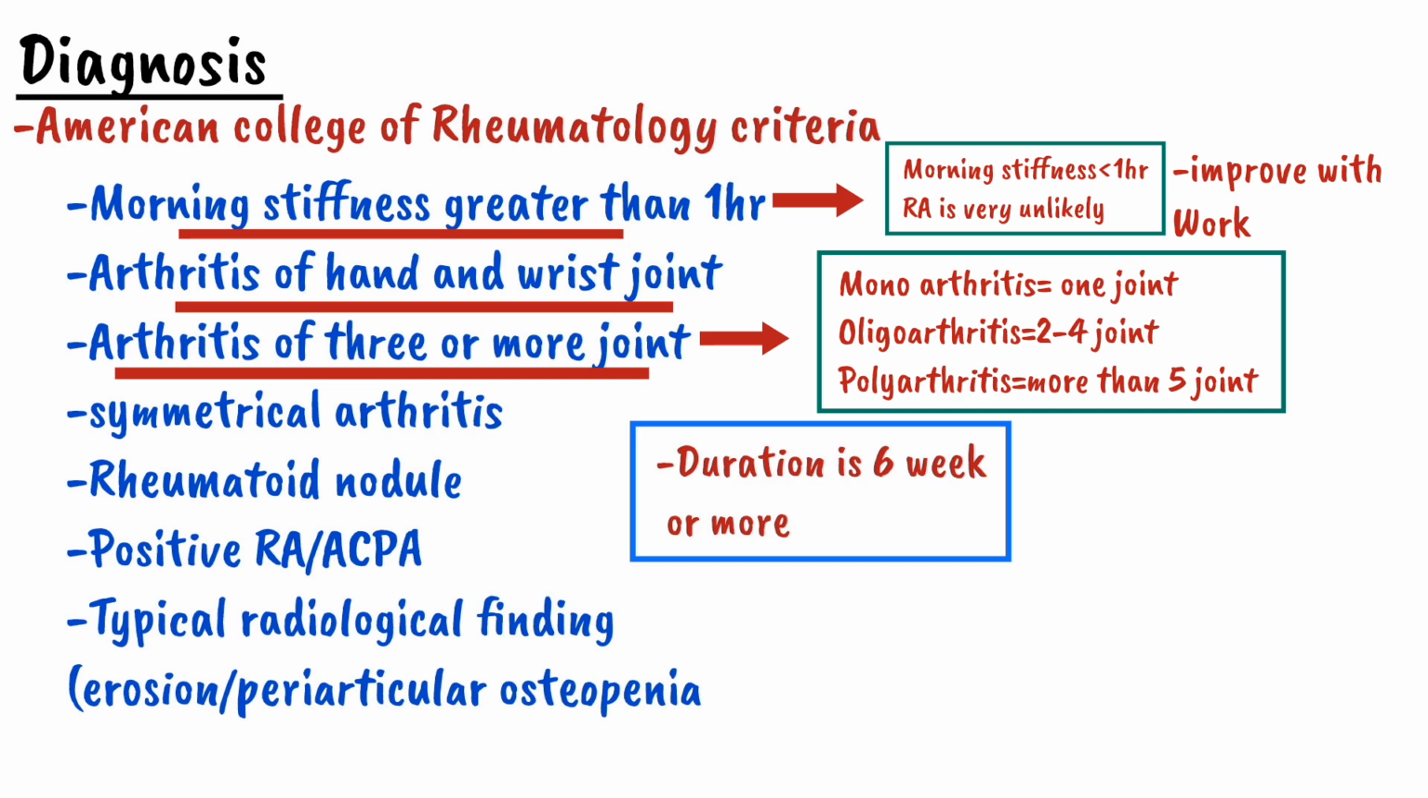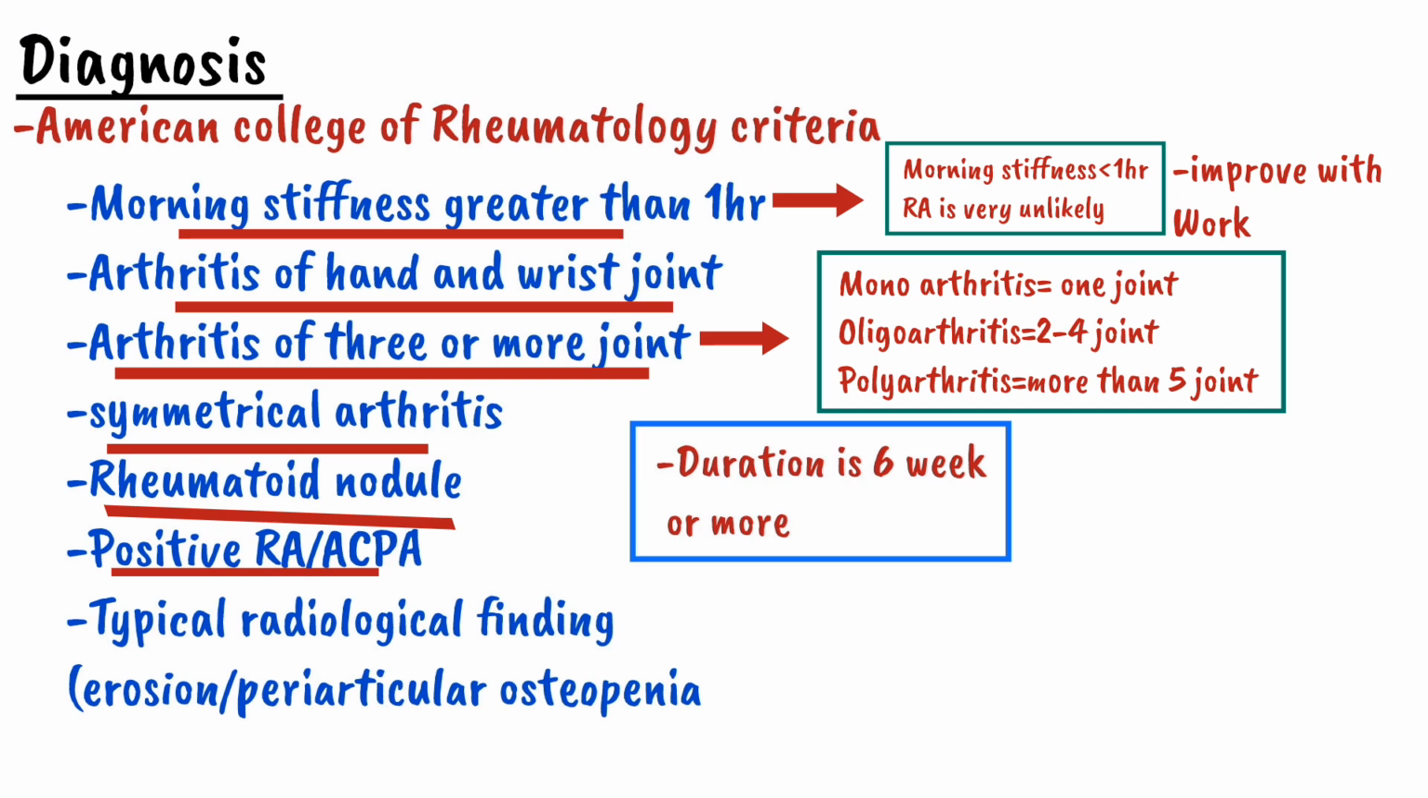The patient should also have a symmetrical arthritis. Symmetrical arthritis means that both sides of a joint should be involved. For example, if a knee joint is involved, the right and left knee will both be involved simultaneously. There will also be a rheumatoid nodule, which is pathognomonic for rheumatoid arthritis. The patient should also have a positive rheumatoid factor and ACPA, which we will study in the next slide, and